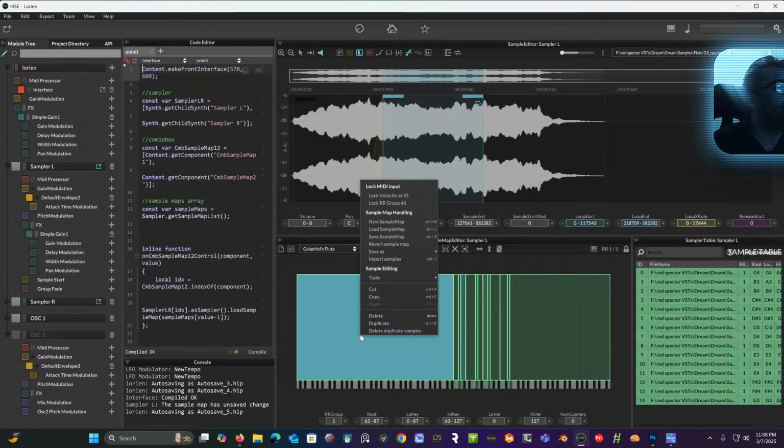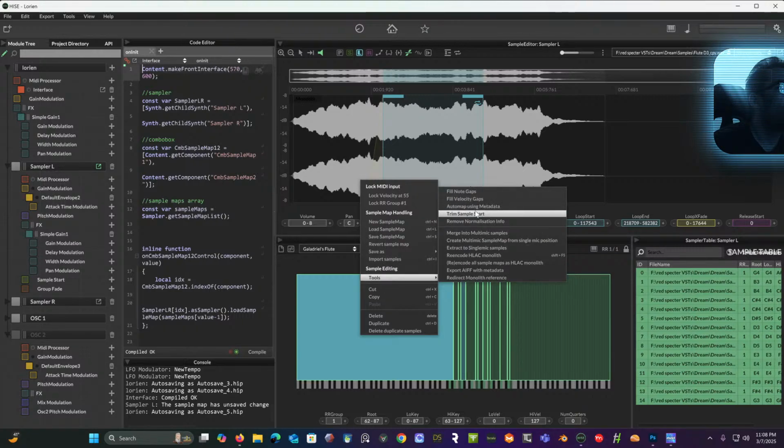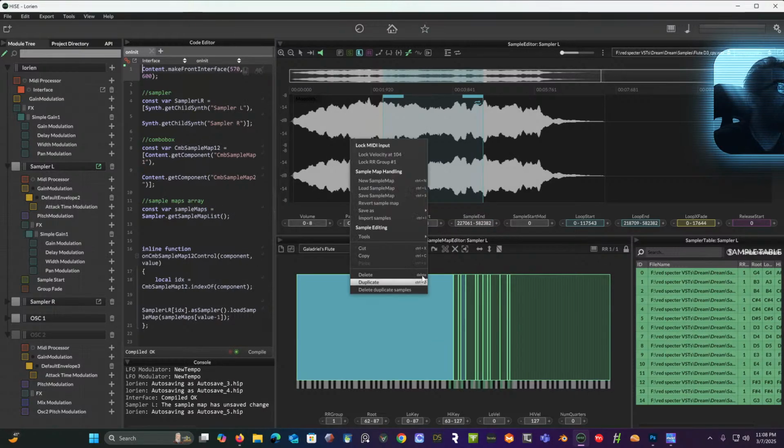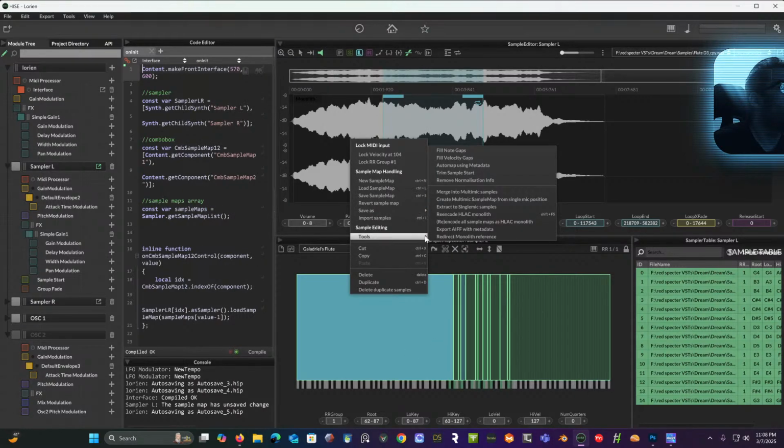And then once they're all selected, you can right click and, in tools, you can trim the sample starts of these if you want. So I'm just going to say cancel. And you can come in here also in tools and you can,